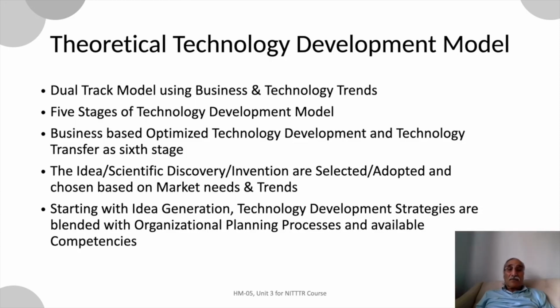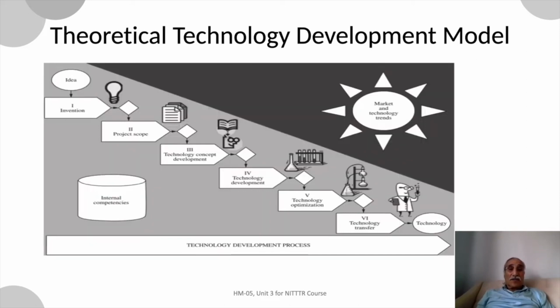The thing to understand is that when we are talking about the theoretical technology development model, this is basically an academic model and has two very important branches. There is the upper branch, where we talk in terms of feedback from the market and technology trends, while at the same time taking inputs from the internal competencies that the industry has, and what kind of innovation is being attempted, and how that invention can be converted into